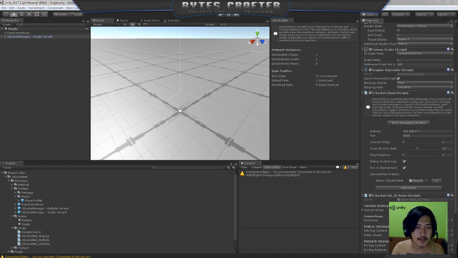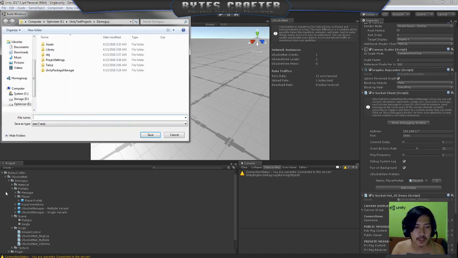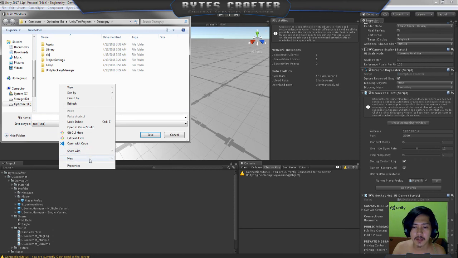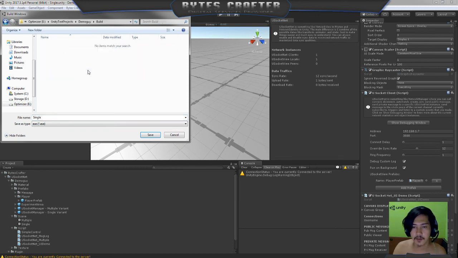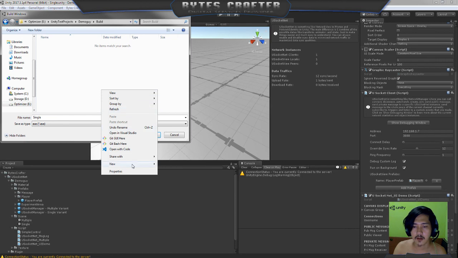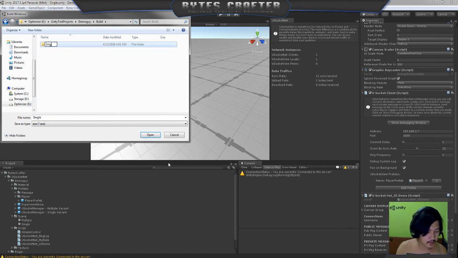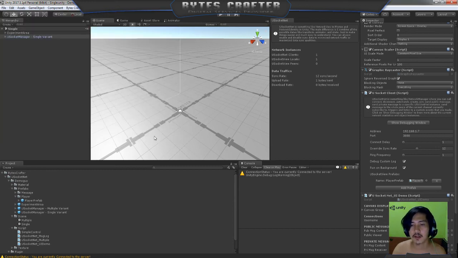Add the scene, build and run. Let's create a build folder, and let's call this one single, and let's call this game, and inside the single folder, let's save this one.